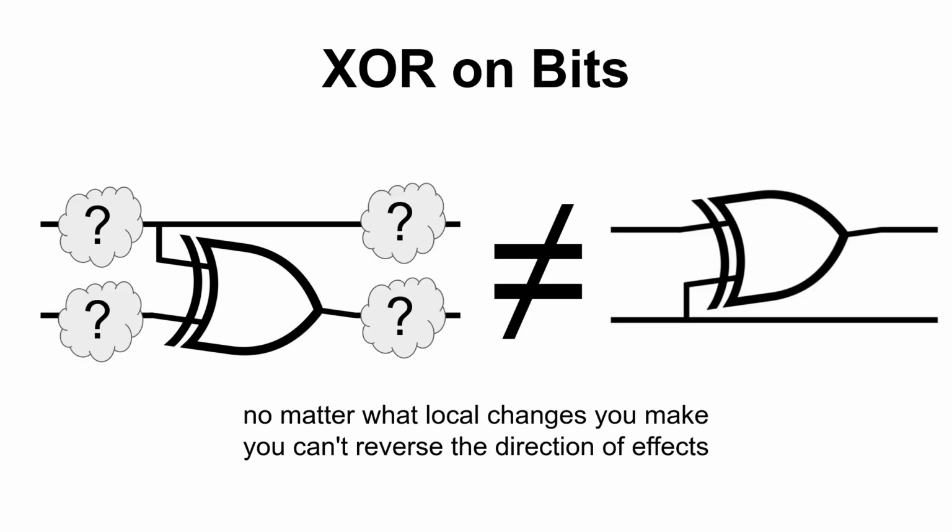And this is still true if you put other stuff around the circuit. No matter what preparations you put before the circuit or what cleanup you do afterwards, you can't switch the direction of the data dependence as long as those additional operations don't interact the top and the bottom. There's no way you can take data dependence in one direction and flip it to go in the other direction using local operations. It's impossible. For bits,